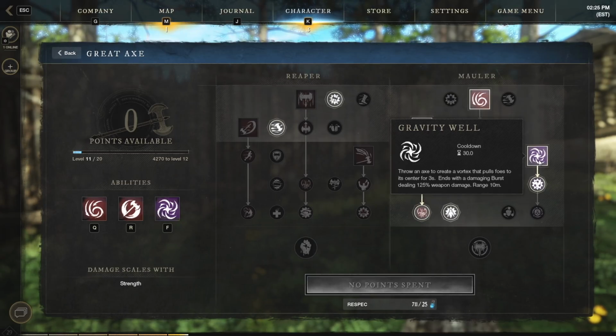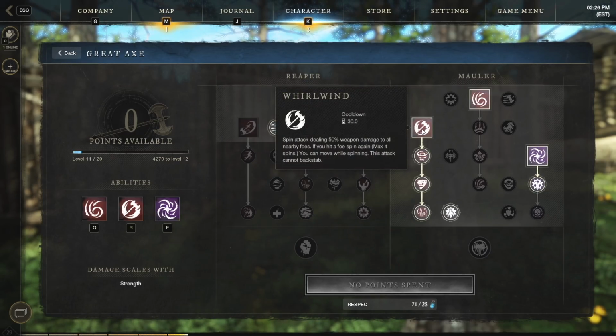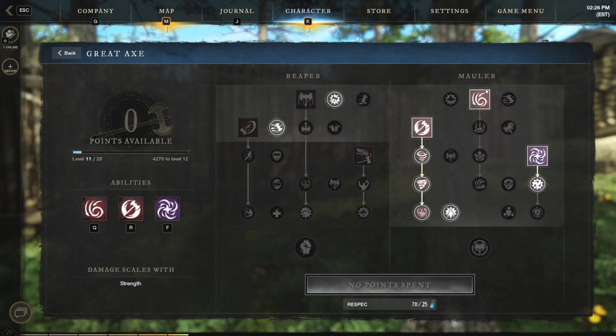And you can cast this at a range, so it's actually a really great way to start a fight. Now let's talk about upgrades a little bit. By far, the best upgrades are for Whirlwind, so I would definitely focus there. Once you get your 3 abilities, 1, 2, and 3, I would go back into Whirlwind and then pick up